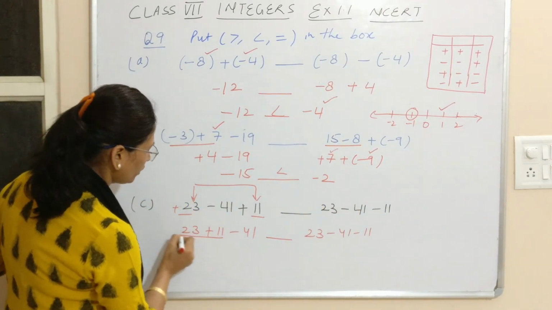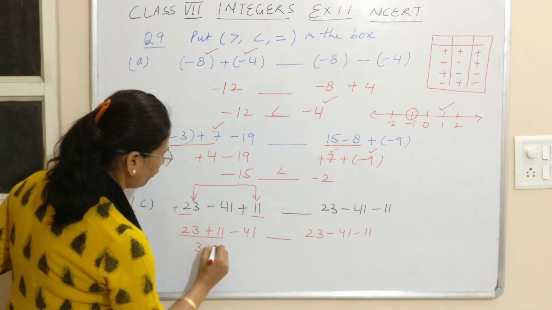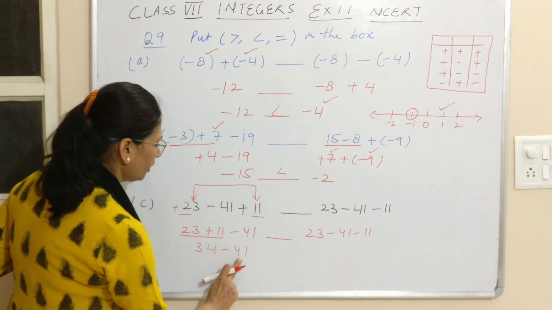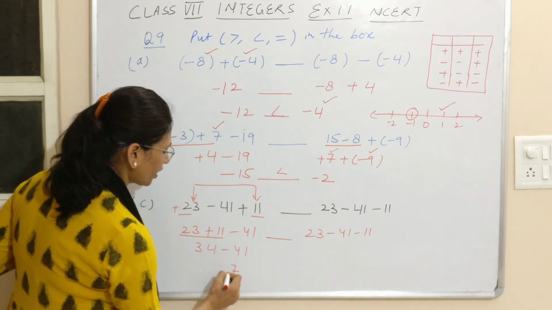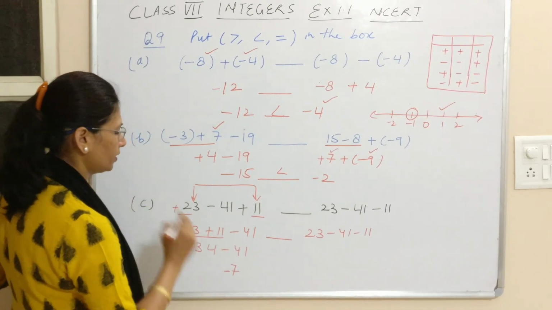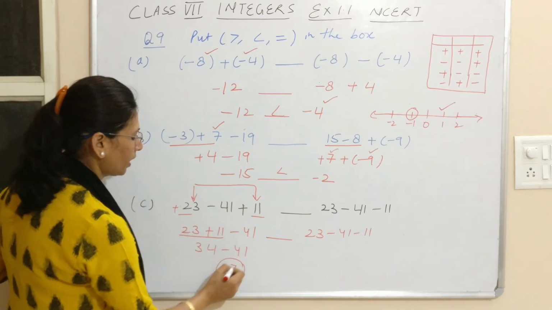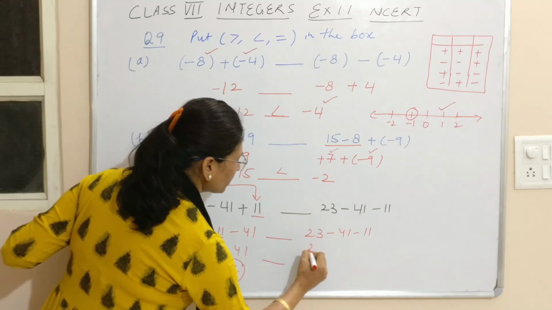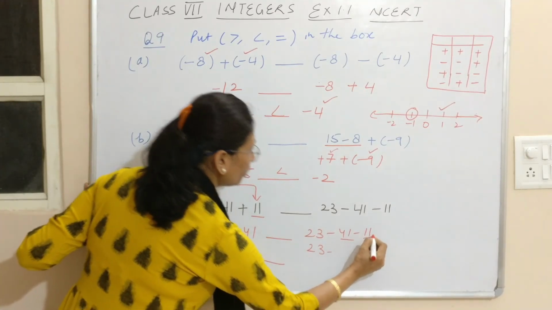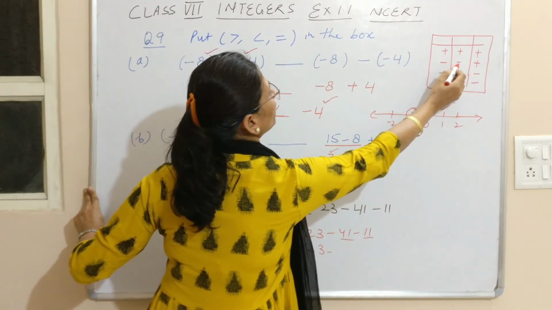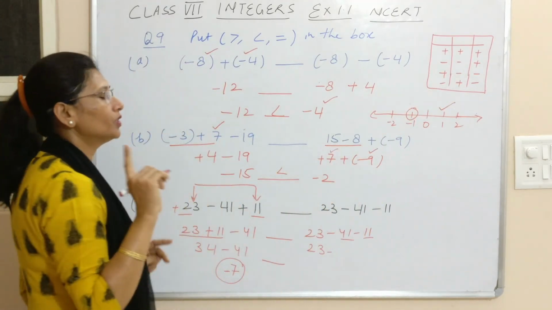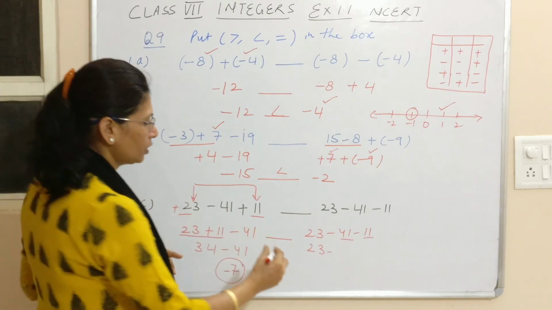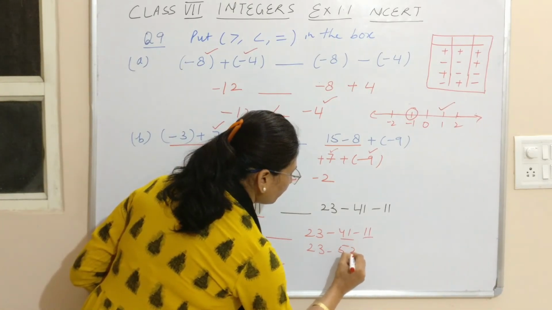Now if you add these two numbers, what do you get? We get 34, here 41. Both the numbers are different in sign. It will be subtraction. We will take the difference. Which sign will the number carry? It will carry the sign of the bigger number. Moving to next, here also we'll add these two integers, because when you have two integers which are of the same sign, the integers are added. If you add 41 and 11, what is the sum? Sum is 52 and we'll keep the negative sign.